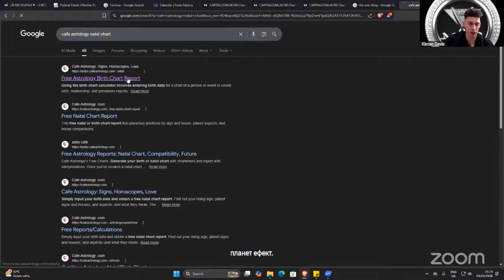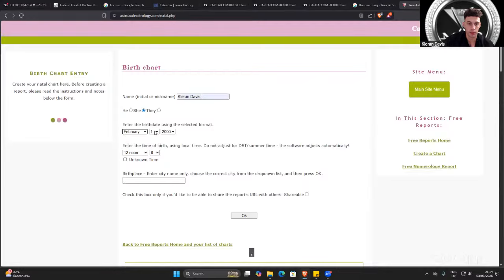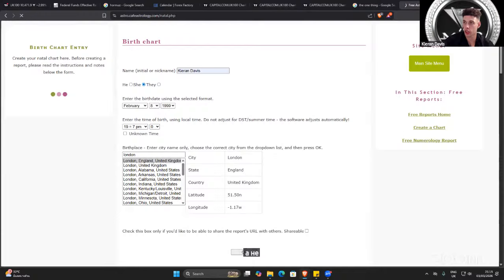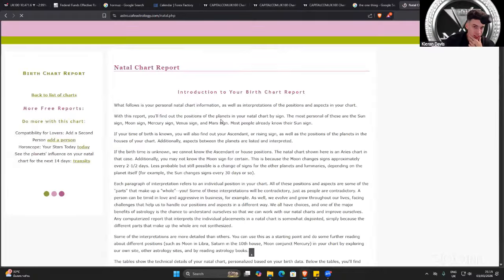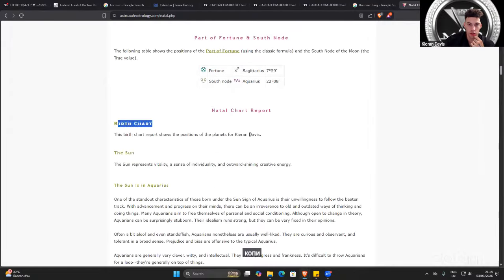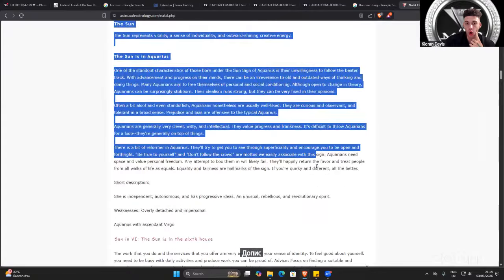Come up here to free astrology birth chart and then put your information in, right? Put your date of birth, your time of birth, your birthplace. And then what you want to do is scroll down a bit and copy all of this, because this is who you are, right? All the different parts of your personality. Copy all of this